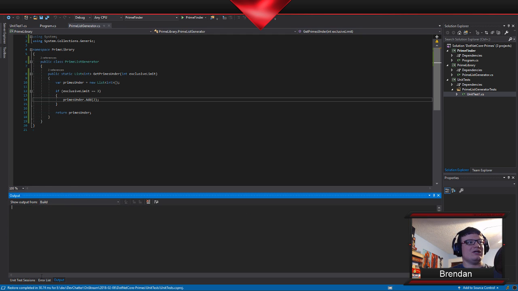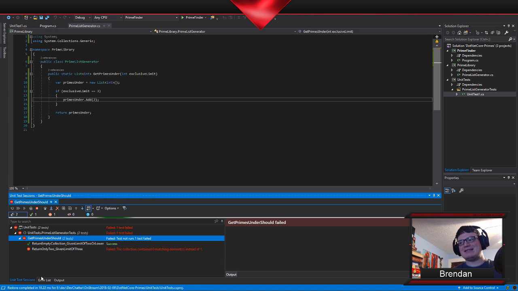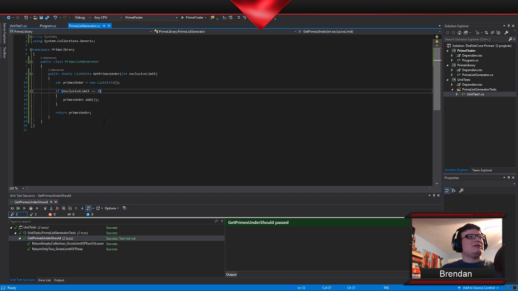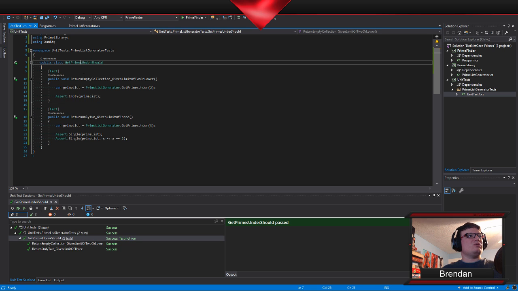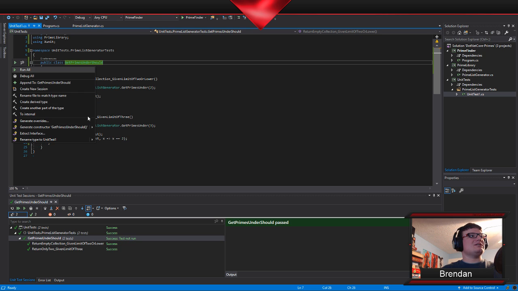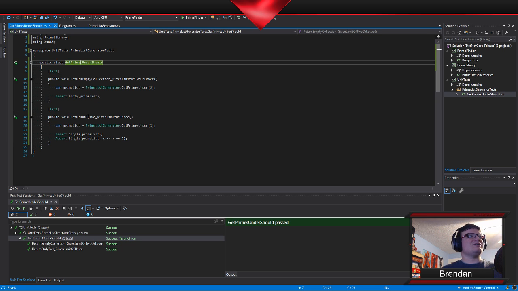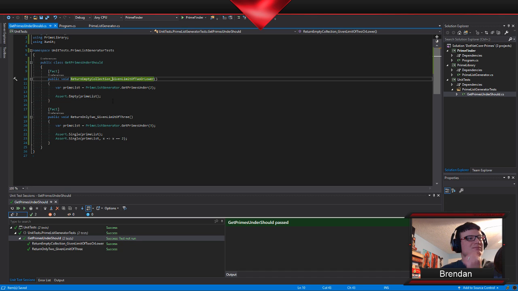Now when I run this, we should get a passing test. And we do. Obviously that's not really the code we want. And I just noticed that I need to rename that file, so I'm going to do that now while I'm thinking about it.